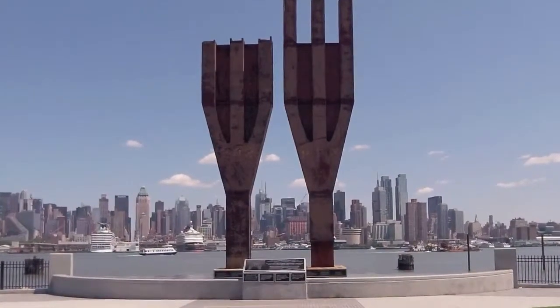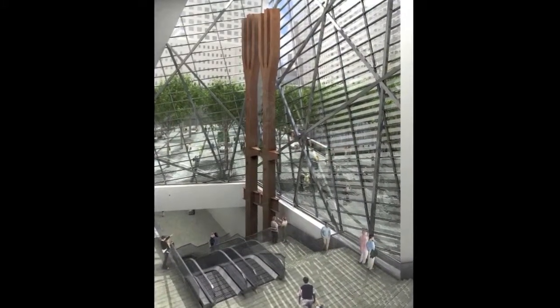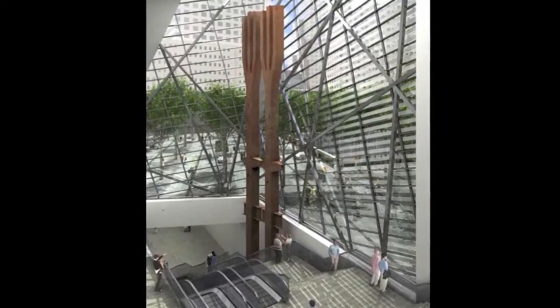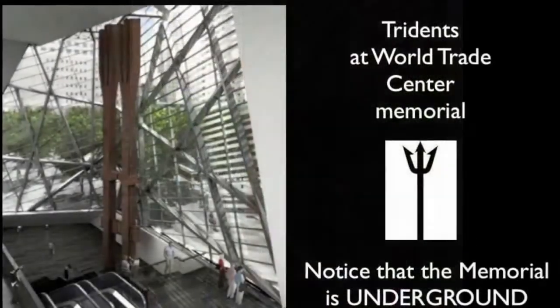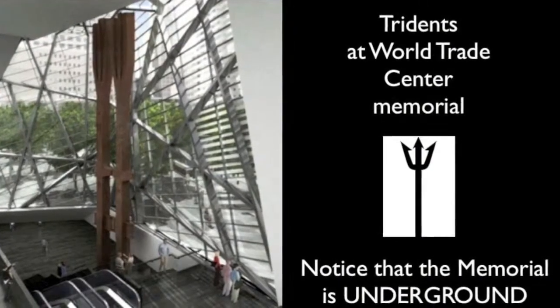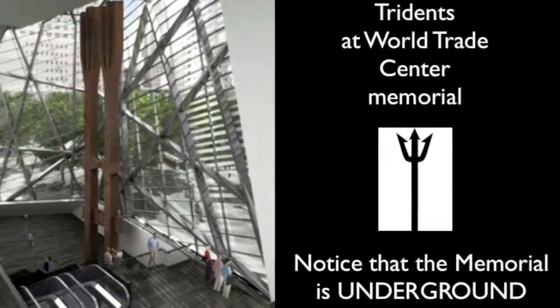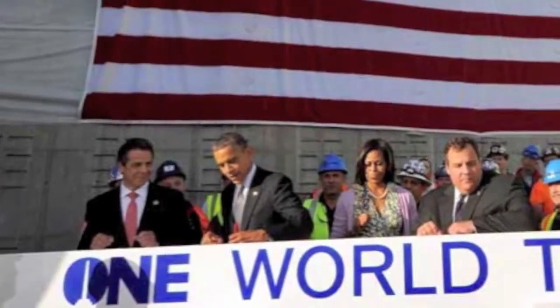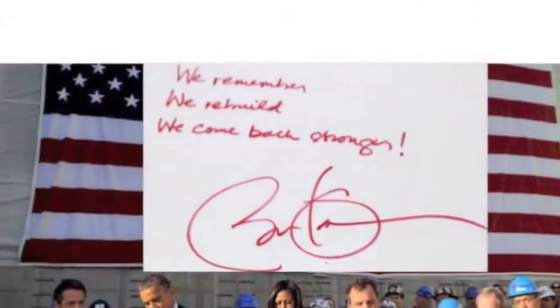And these two trident beams are in a pool of water, so their reflection is seen. So you get the right side up, upside down paradigm, right side up, upside down. And then in the lobby of the One World Freedom Tower are two tridents also. Don't forget, the One World Freedom Tower has a beam in it that was signed by Barack Obama, and he